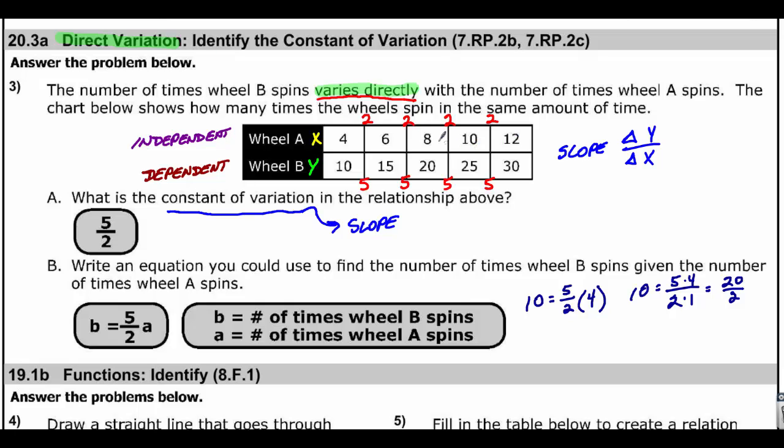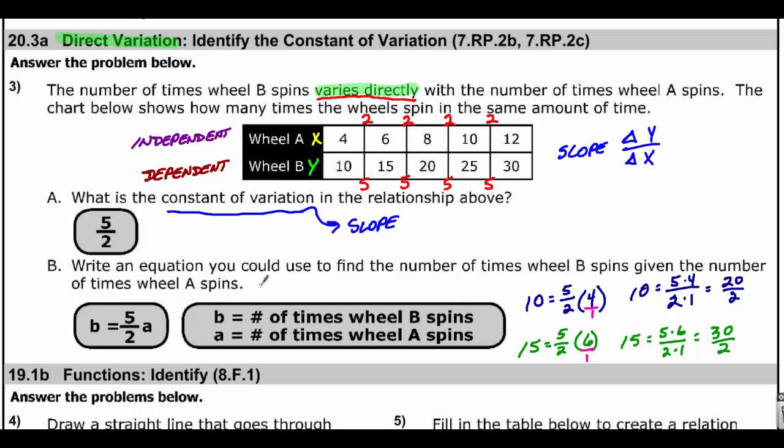Let's take the 6 and the 15. 15 equals 5/2 times 6. Well, that means 15 equals 5 times 6 over 2 times 1. Remember, in each of those cases, I thought of that as over 1, so I'm multiplying fraction times fraction. And that is 30 over 2, and yes, that's 15. So our equation will